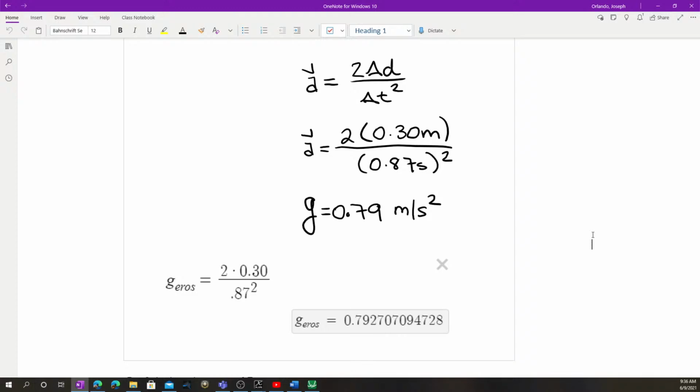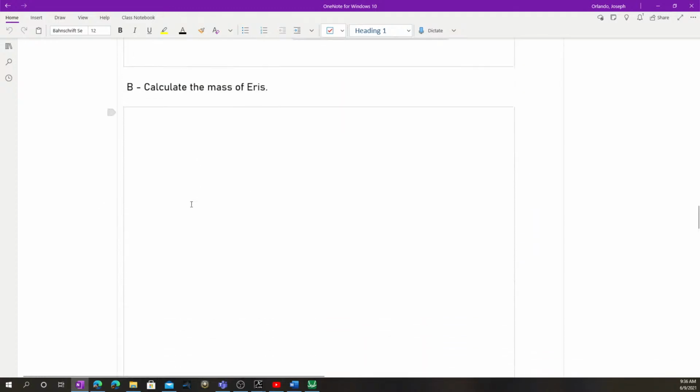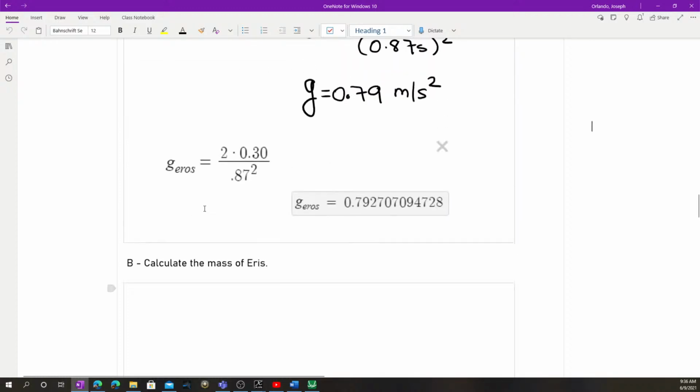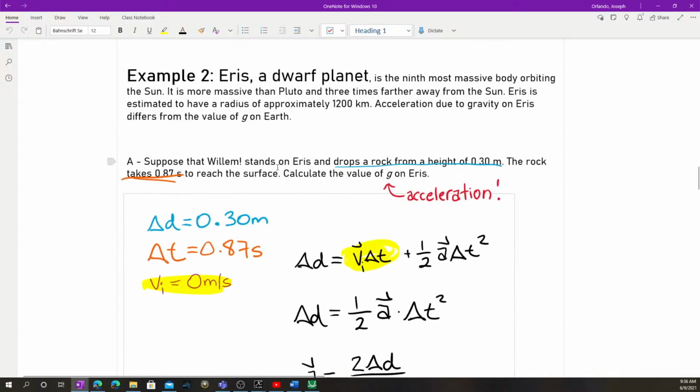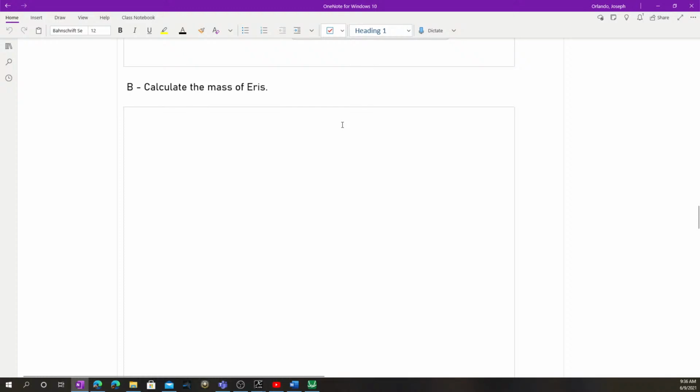Okay. All right, from that, can we calculate the mass of the planet Eris? So now that we know the acceleration due to gravity, can we figure out its mass? Well, we know its radius is approximately 1,200 kilometers. So we know when Willem, our astronaut, is on the surface of Eris,